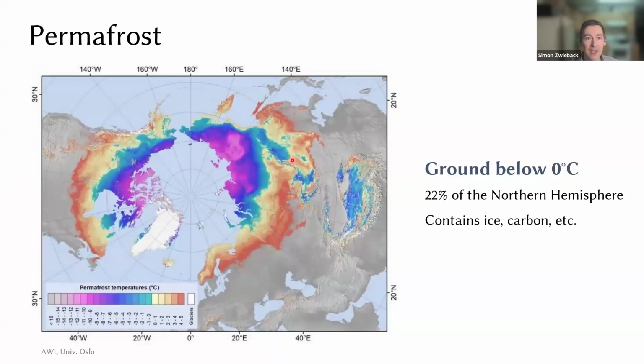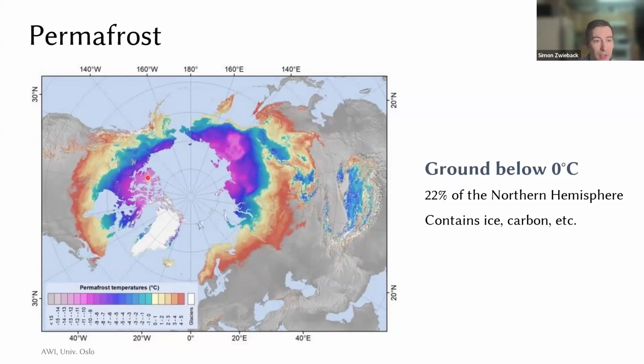Around 22% of the Northern Hemisphere land surface is affected by permafrost. So permafrost covers a large area, but it's actually very heterogeneous in terms of the permafrost conditions that we encounter across the Arctic and further south. If we start, for instance, in the high Canadian Arctic, such as Banks Island that I'm currently pointing at, there the permafrost is very